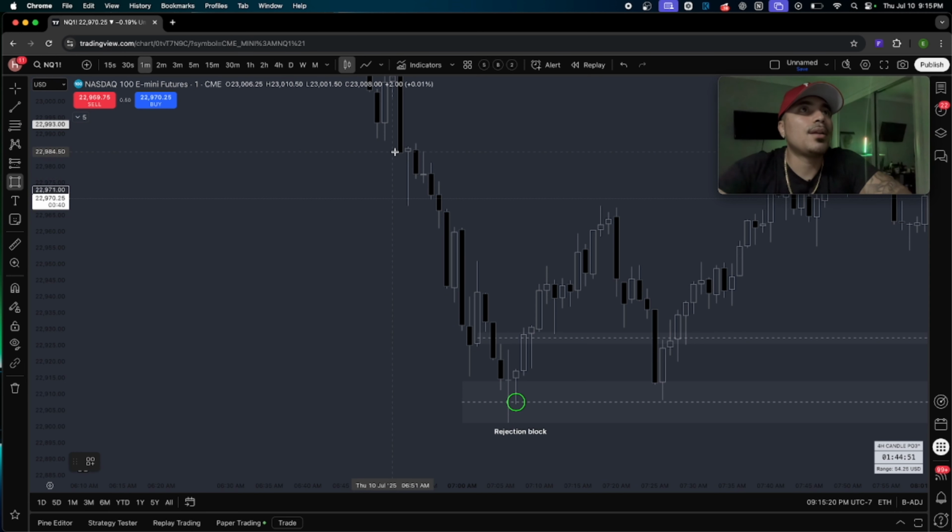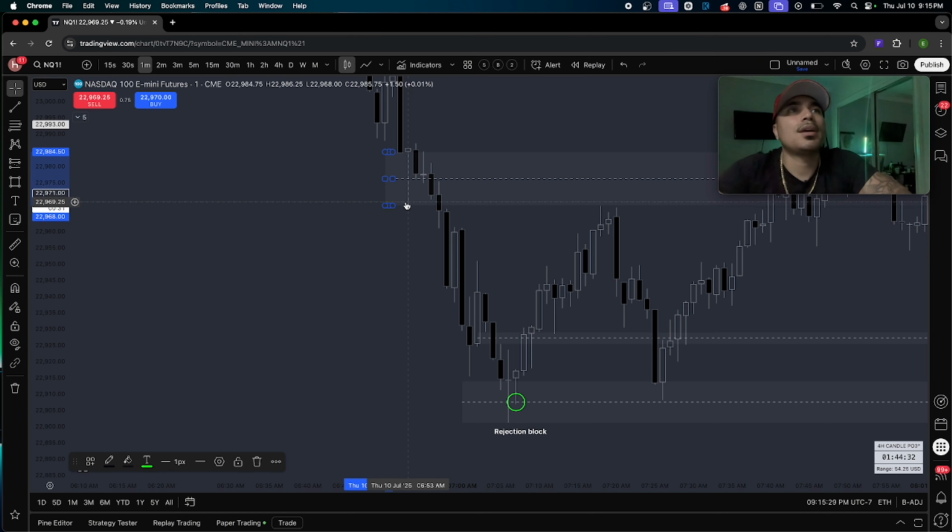The thing I like about it is you can shoot your shot on these, because you just set your stop loss at the bottom of this wick. So it's like a high reward, low risk, high reward. Because technically this did, the thing you want to wait for though is, alright,